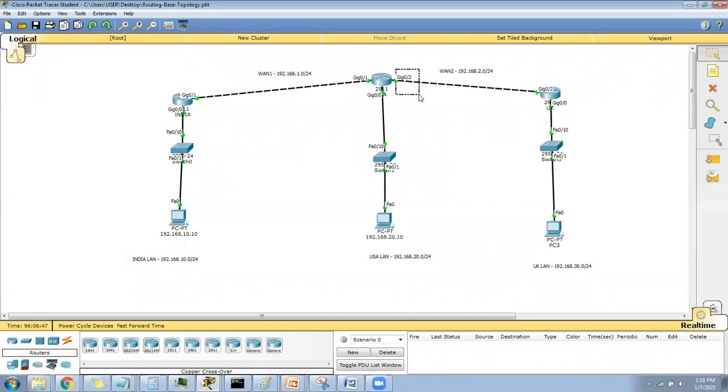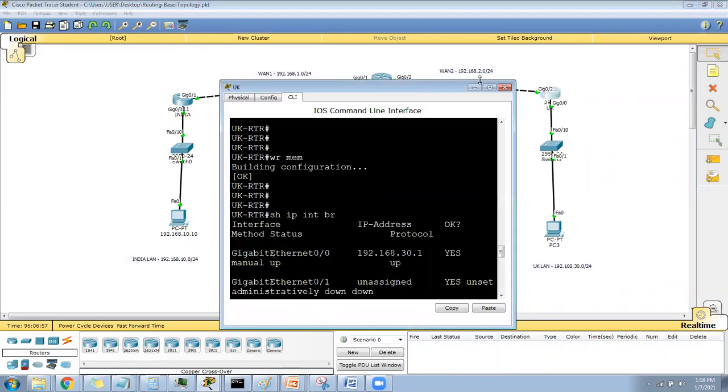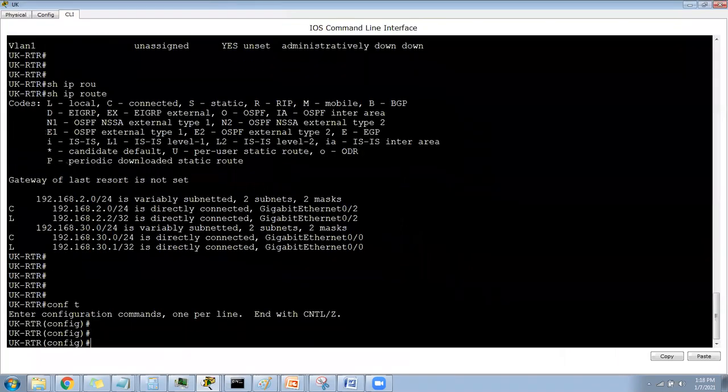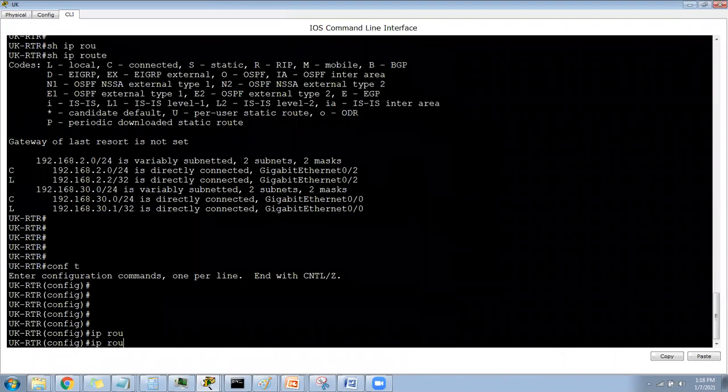Exactly. You understand static routing 100%. So the understanding of this one is the missing routes and the next hop. If you understand that, static routing is in your pocket now. Okay, now I can add the IP route